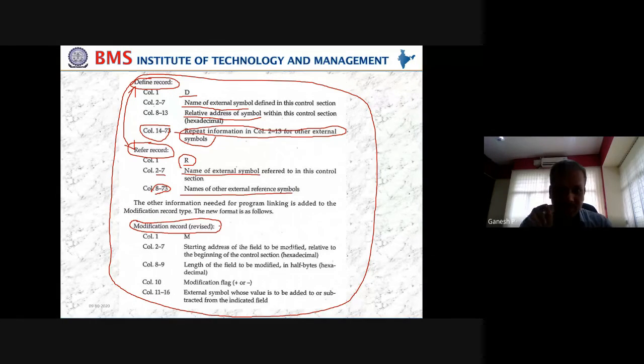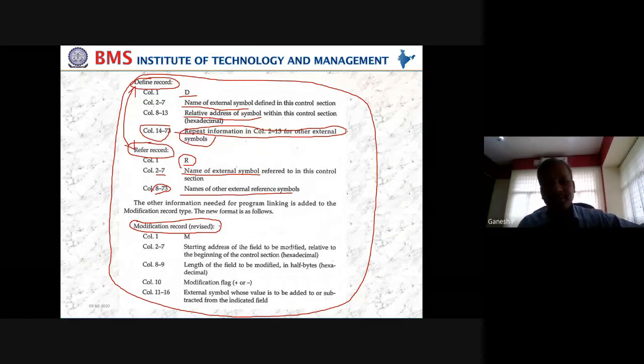Next, buffend plus 1000, plus is there. So like that, we have to say what modification flag we are going to apply. Later, columns 11 to 16, again which symbol we are going to add or subtract. So this is the revised modification record. The modification record is already existing. It is not new, but we are going to update it.